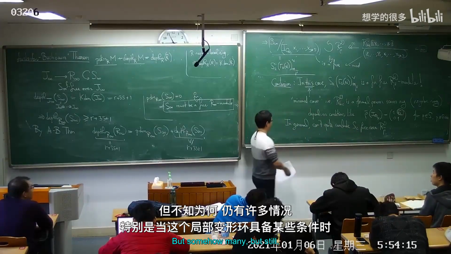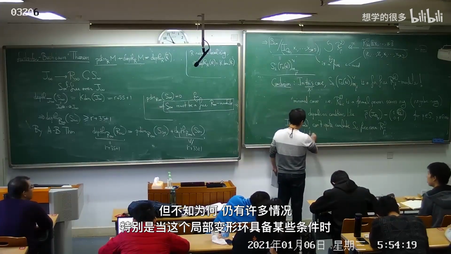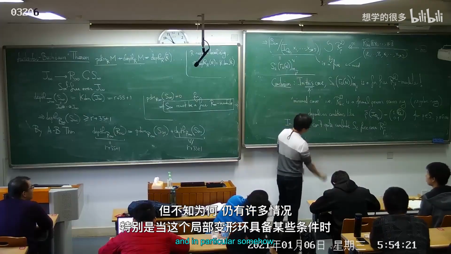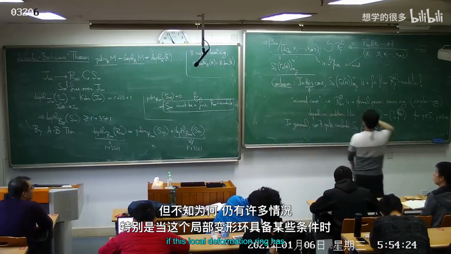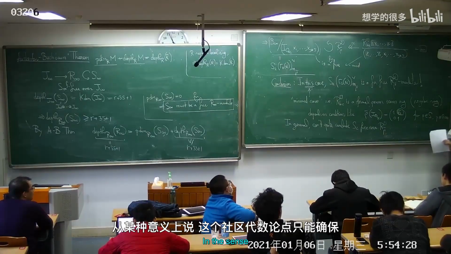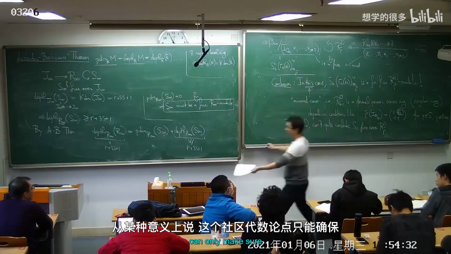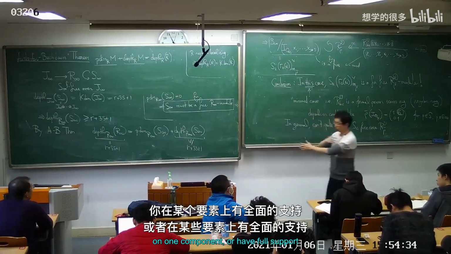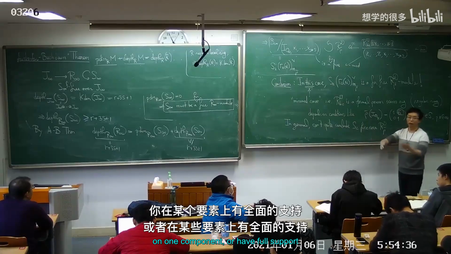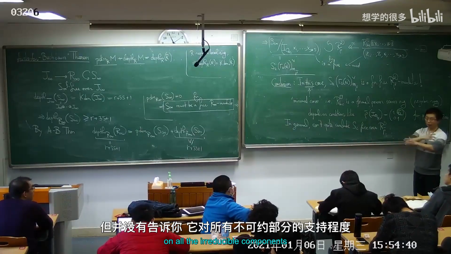But still, in particular, if this local deformation ring has more components, that's where things get really worse, in the sense that this commutative algebra argument can only make sure that you have full support on some component, but doesn't tell you that it has full support on all the irreducible components